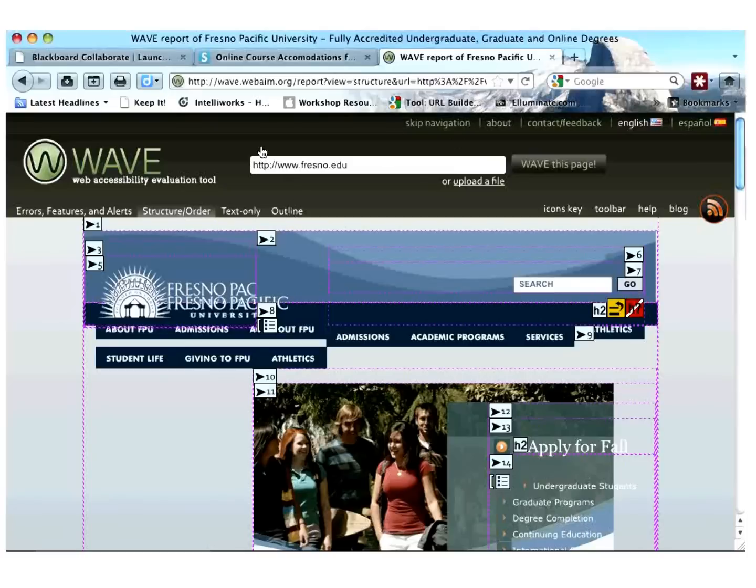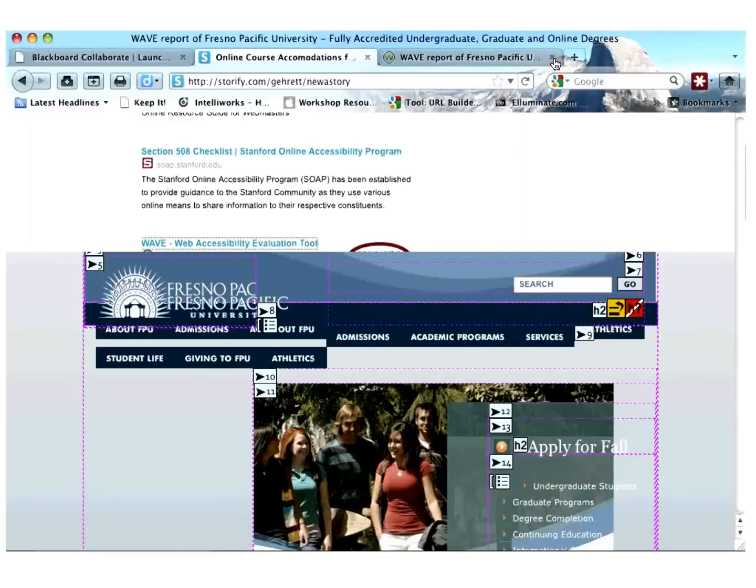There is a Firefox plugin, and if you download the Firefox plugin, it will actually add a toolbar to your browser, and then you just go to a web page and say analyze, and it will go ahead and do the same type of thing. So really cool. The toolbar is really useful if you're going behind a passworded space. You need to use that because then you can log into the page and have WAVE analyze it after that. So WAVE, the Web Accessibility Evaluation Tool, very, very useful. Another place that's useful, I thought,